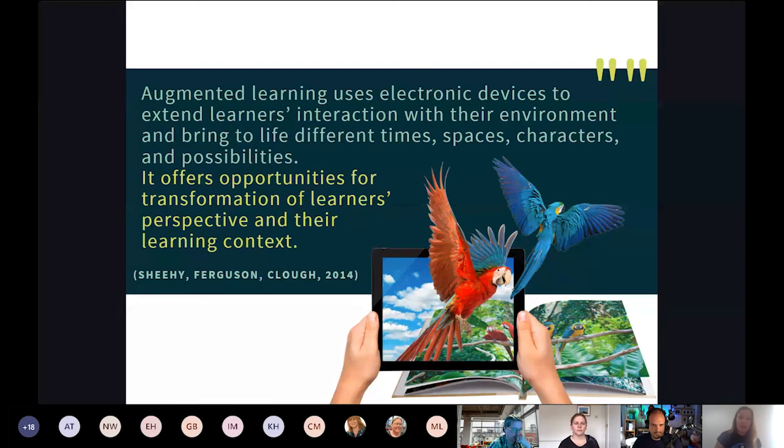Before we start, I wanted to show you this nice little definition of what augmented learning is. So augmented technology and augmented reality has a lot of computer science definitions, and I do prefer these ones, which are actually focusing on educational practice. And this one talks about extending our learners' point of view, their perception, their interaction with the environment they have, with the content that we are presenting, which again then offers opportunities to transform their learning. It's really powerful in my opinion, but I'm going to let you decide on that,